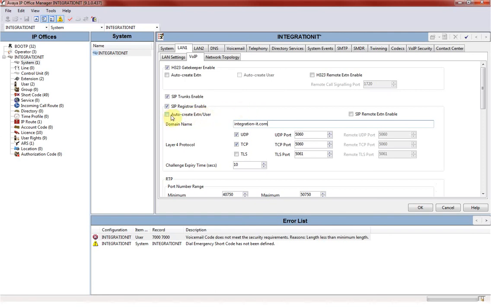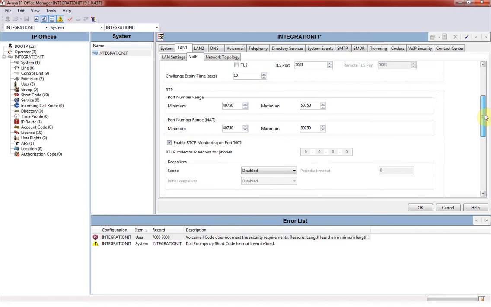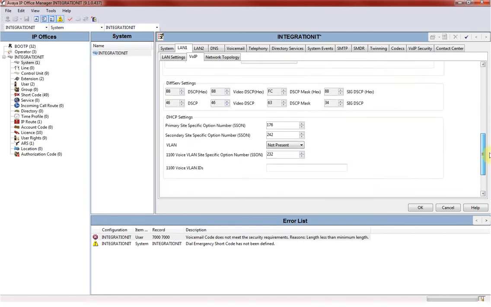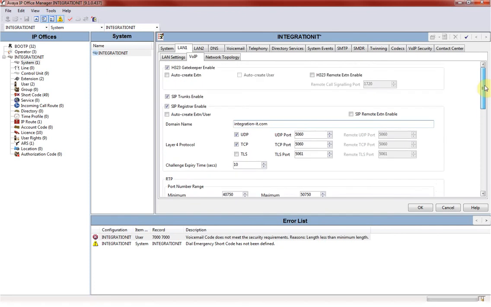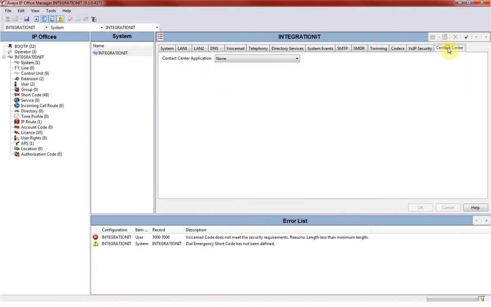You can either click on this or ignore this one, and they used to SIP remote now. Yeah, that's it. So you can just quickly click OK, and then you have one contact center tab. You need to tell what type of contact center we are using here. So we will select IP contact center, and we need to give the IP address